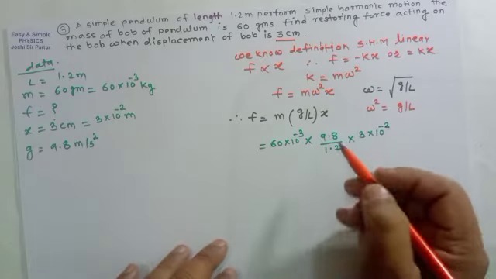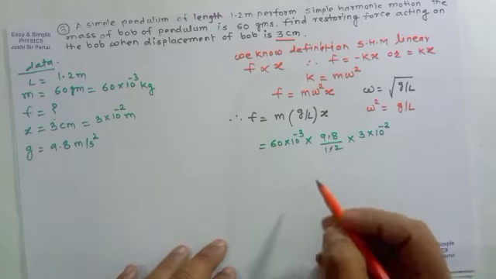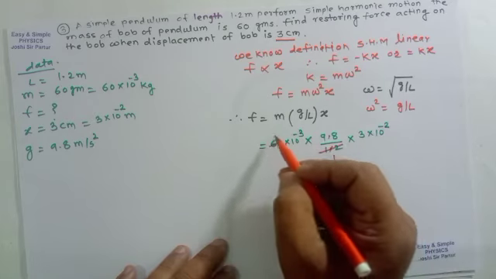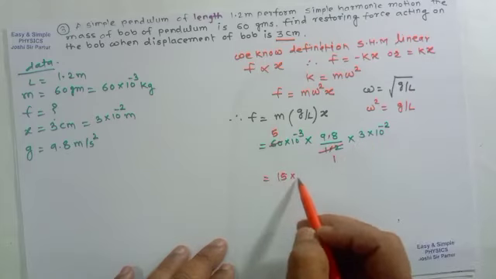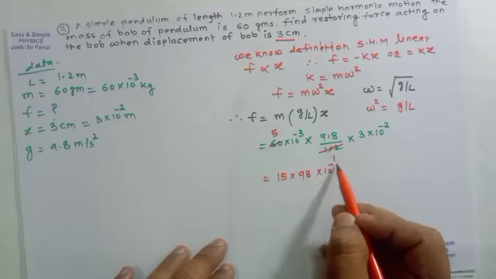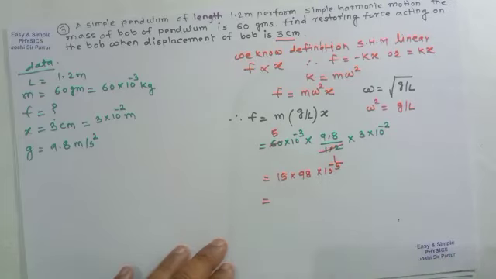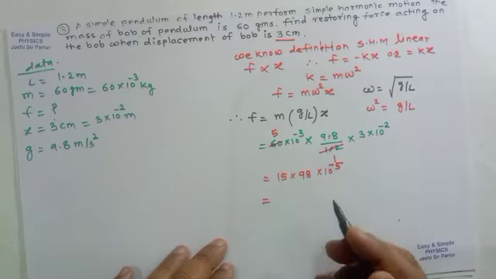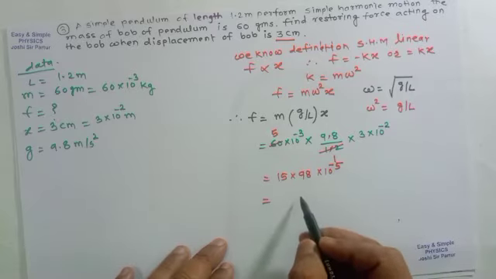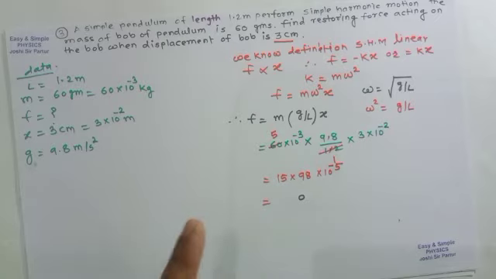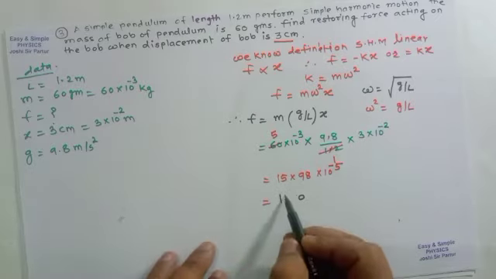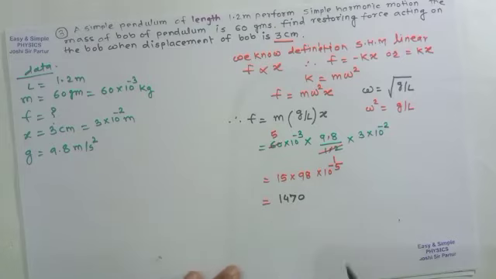See here, the decimal point gets cancelled. 12 1 the 12, 12 5 the 60. 3 and 5 multiplication will be 15 multiplied by 9.8 multiplied by 10 to the power minus 5. So if we multiply 15 into 98, 15 8 the 120, 12 will be remaining. 15 9 the 135 and 12, 137 and 147. So it is 1470 into 10 to the power minus 5.